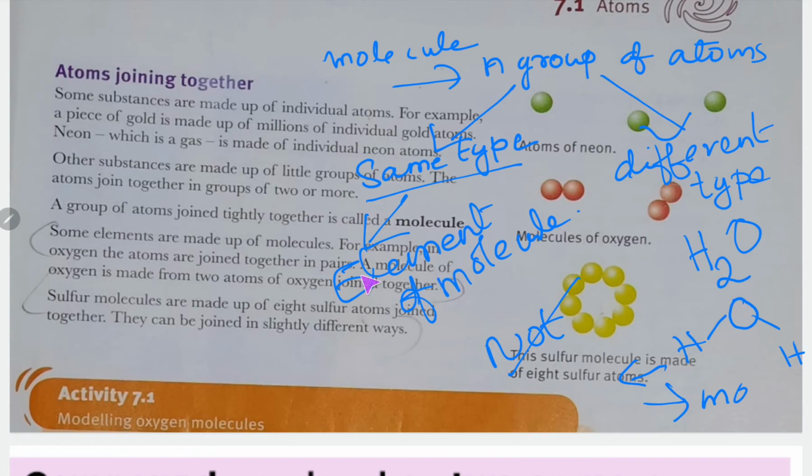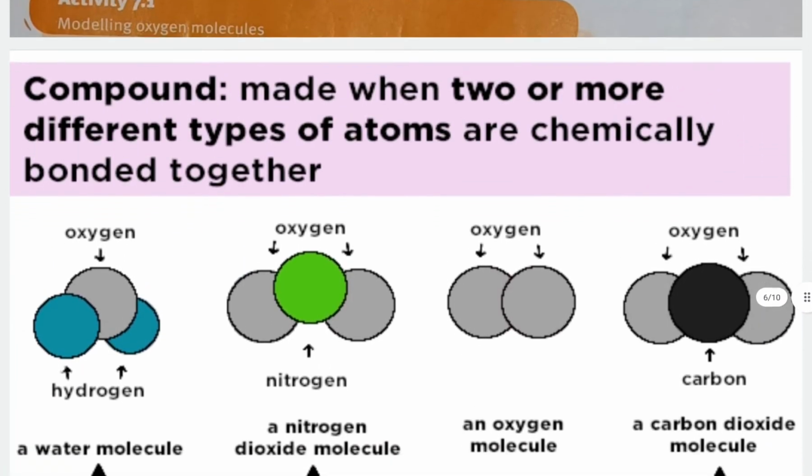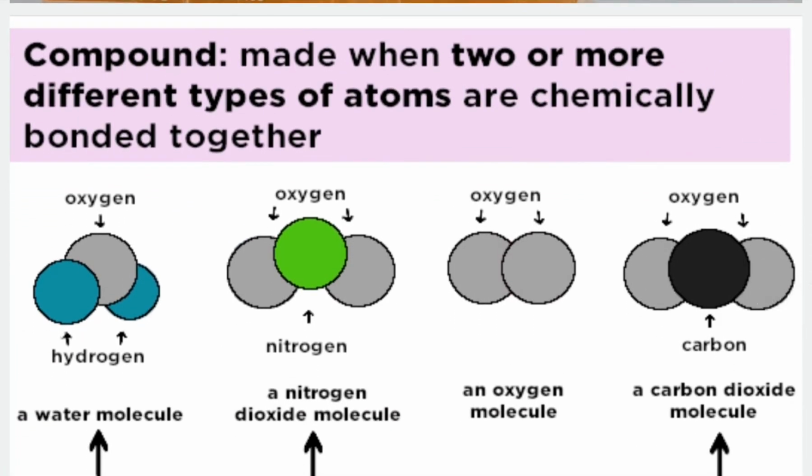Same type ആണെങ്കിൽ നമ്മൾ അതിനെ element of molecule എന്ന് പറയും. If it is a different type, we will call it as element of compound. So for that we have to know what is a compound. അല്ലേ, compound എന്താണെന്നുള്ളത് നമുക്ക് അറിയണം. So a compound is when 2 or more different types of atom. അതായത് ഡിഫറെന്റ് ടൈപ്സ്. എലമെന്റ് എന്ന് പറഞ്ഞാൽ സെയിം ടൈപ്പ് അല്ലേ, ബട്ട് കോമ്പൗണ്ട് എന്ന് പറയുമ്പം ഡിഫറെന്റ് ടൈപ്സ് ഉള്ള ആറ്റംസ് കെമിക്കലി ബോണ്ട് ചെയ്താൽ,